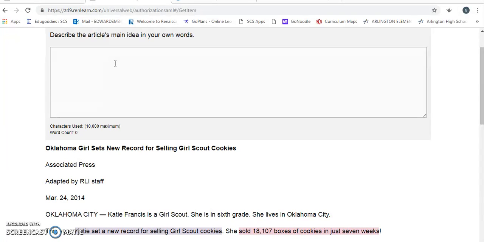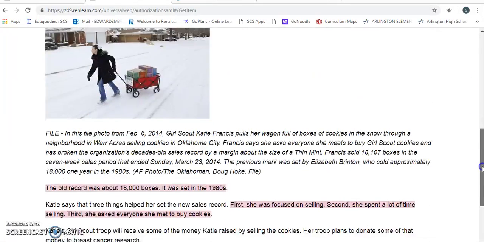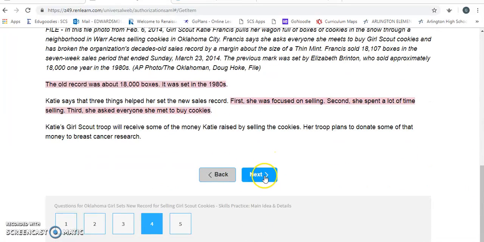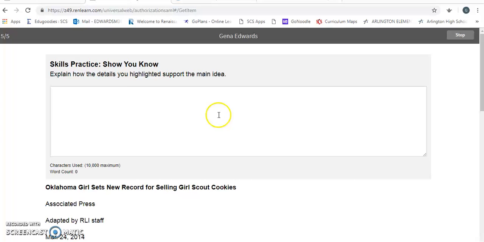So they'll type in an answer, Katie, I just doing this as I go along, set a record that was new. I know that's really lazy, but for selling Girl Scout cookies. Okay, so whatever they choose to type, you go down, and then the next task, of course, is going to ask them the second part of it. Explain how the details you